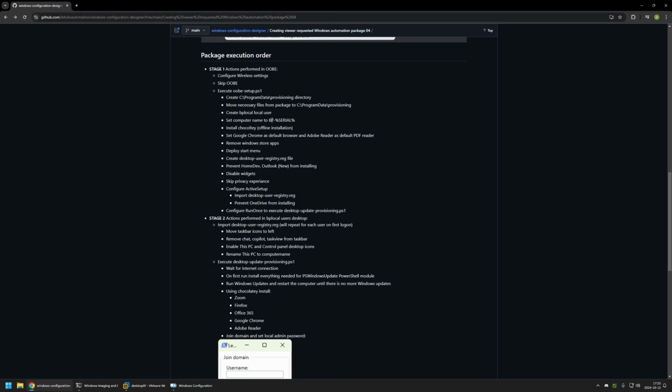After that it will rename the computer to BP-serial number. It will perform an offline Chocolatey installation. It will set Google Chrome as the default browser and Adobe Reader as the default PDF reader. And then it will remove Windows Store apps, deploy the start menu layout, and create a registry file called desktop-users-registry, and this registry file will contain the taskbar configuration and also enable the desktop icons for this PC and also the control panel. After that it will prevent HomeDev and Outlook New from installing, then it will disable widgets,